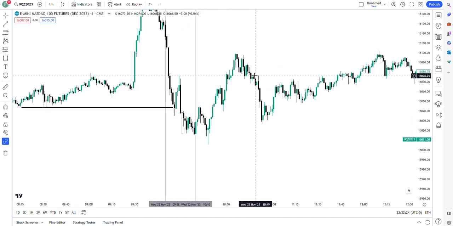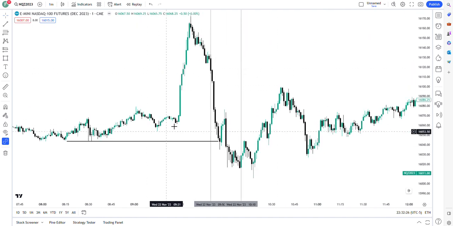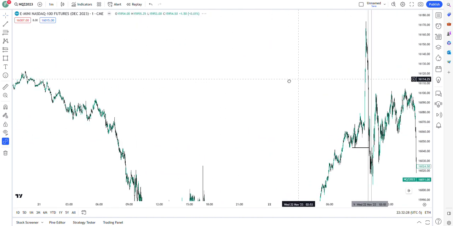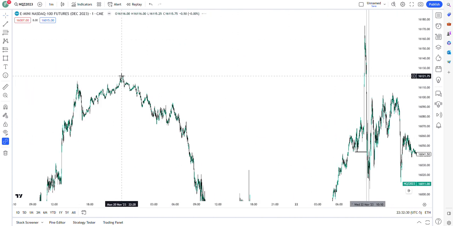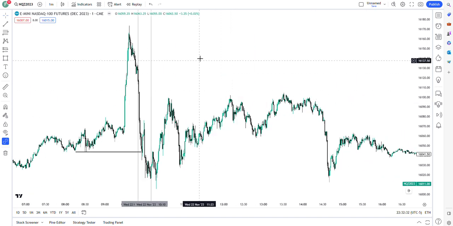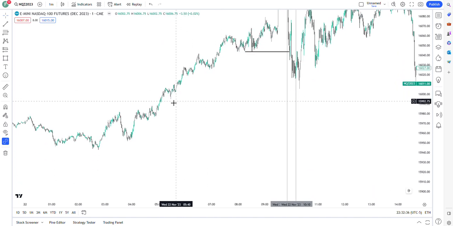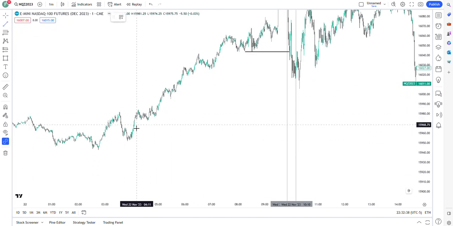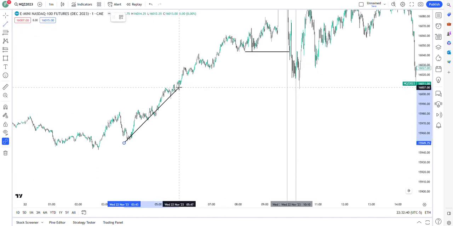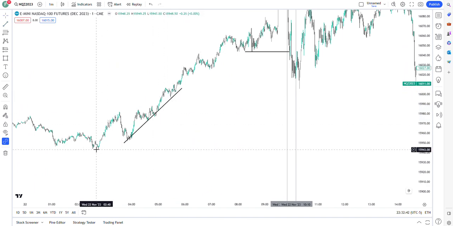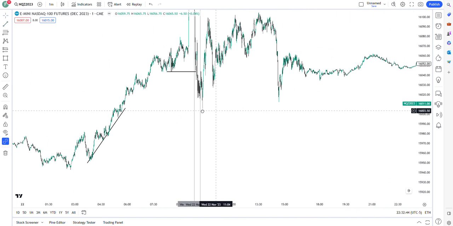So the way I'd see this macro is, okay, we've come up heaps. We've swept, and I'll just zoom out a bit, we've swept liquidity on the buy side. Okay, this macro is going down now. We've taken out a bit of sell side, but what else is left? All of this trendline liquidity here is still left untouched, and London session lows have been left untouched, which would